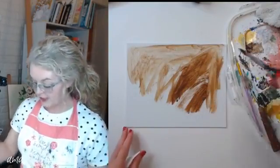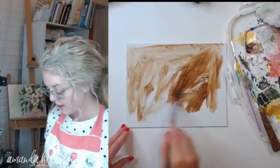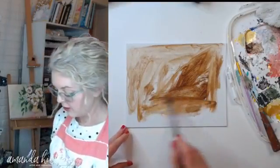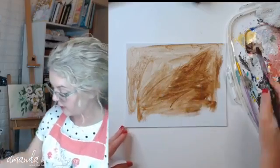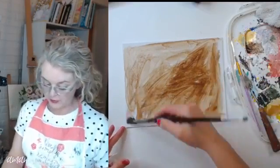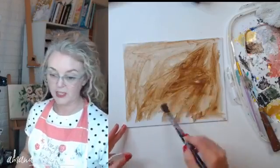And I'm going to take my paper towel and make it all spread out a little more evenly. So you want to use a little bit of water and a little bit of paint. And I'm using a canvas board. It's not a stretched canvas, it's a board, but